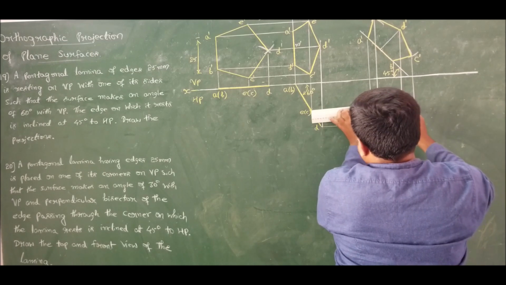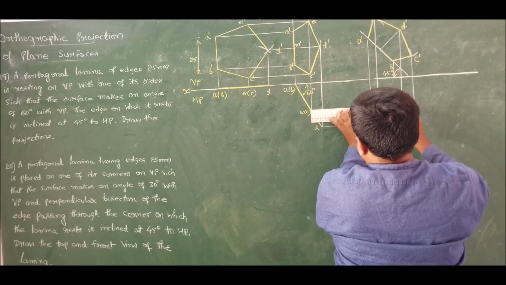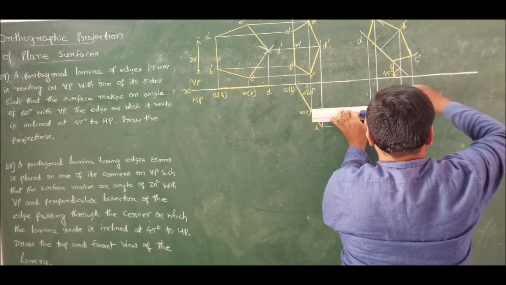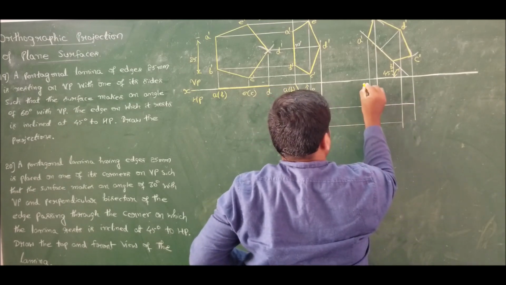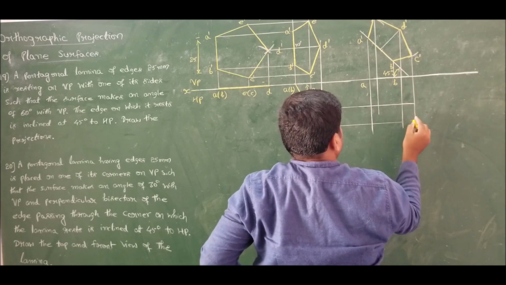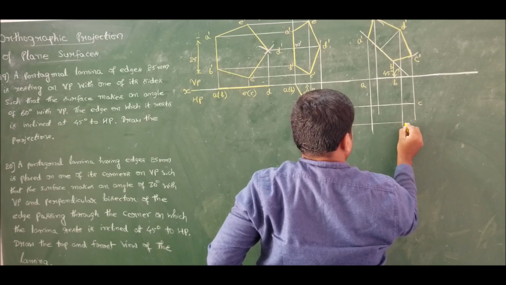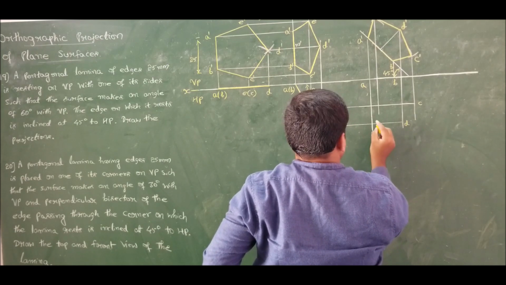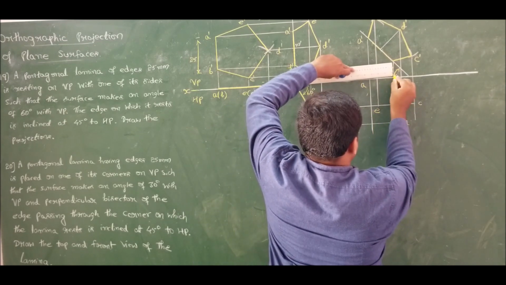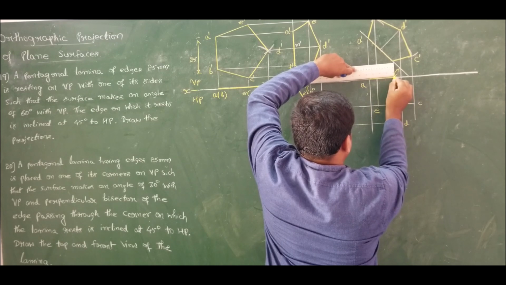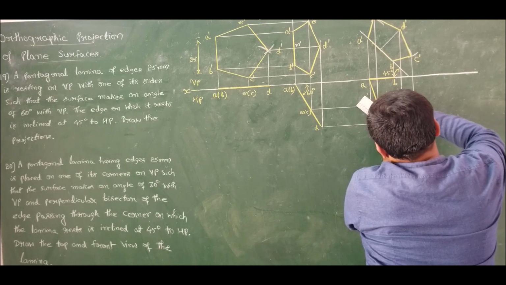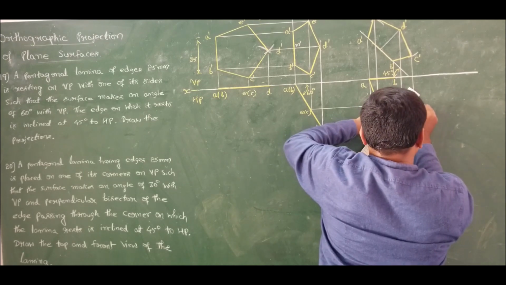Draw D. Then we have E and C. So this is about A, B, C, D and E. So join A to B, A to E, E to D, D to C